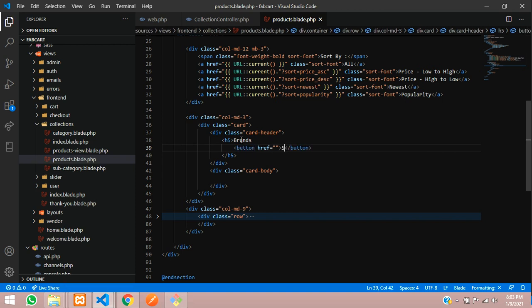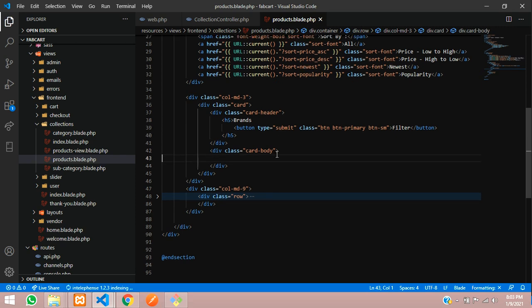Inside that button we will write filter or search, you can type as per your requirement. Let's type submit, and we will give the class btn btn-primary, and for button small I am going to check sm.